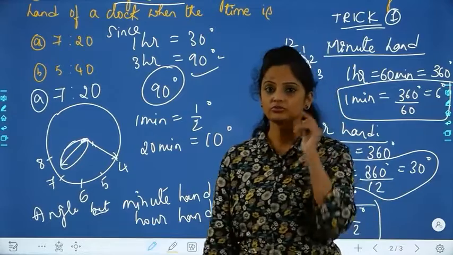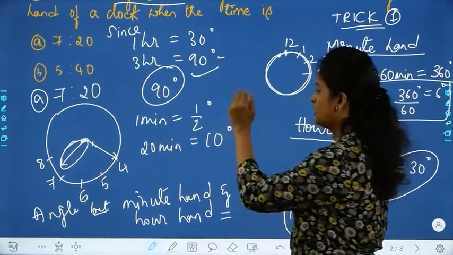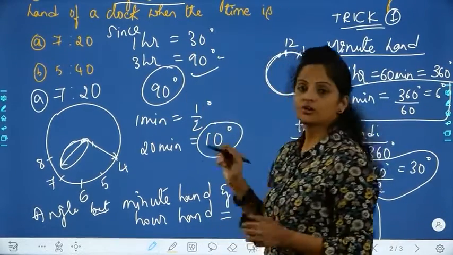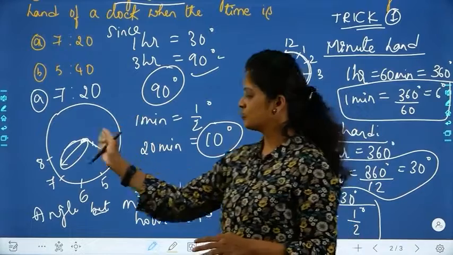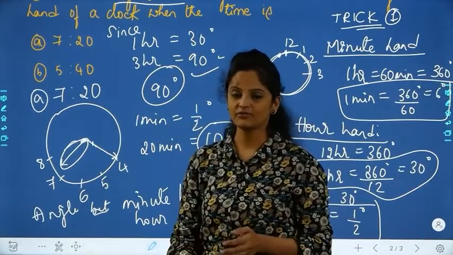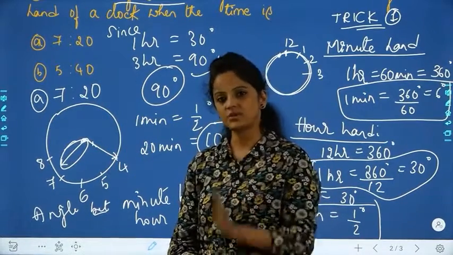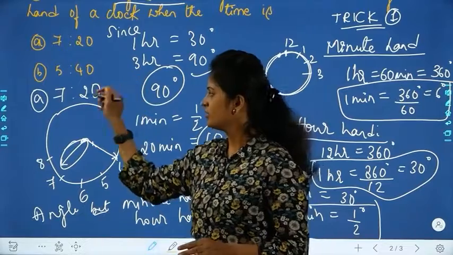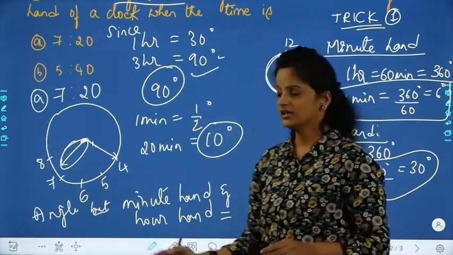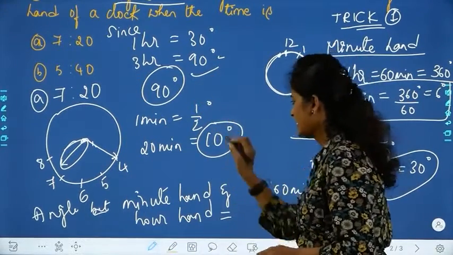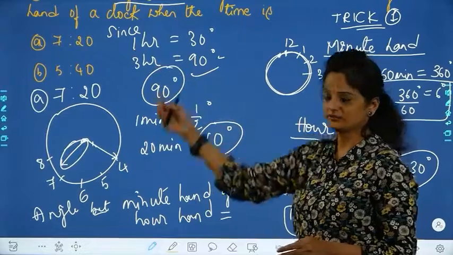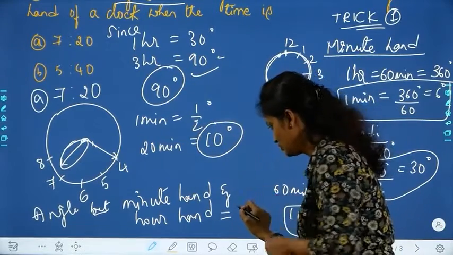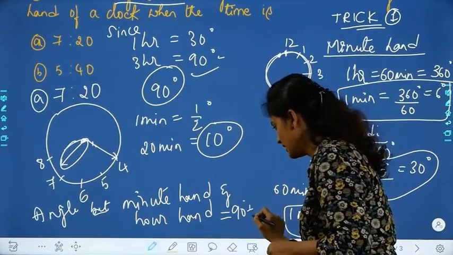So now you have to be very careful whether you have to add these two or subtract. If it is more than 90 degrees, you have to add. When it is less than 90 degrees, you have to subtract. That is according to the timing they have given. Okay, 90 and 10 I have to add because it will be ahead of that. So more than 90, so I have to add and get this.